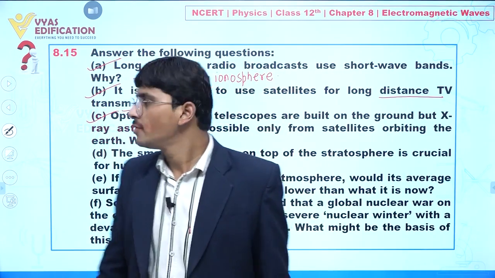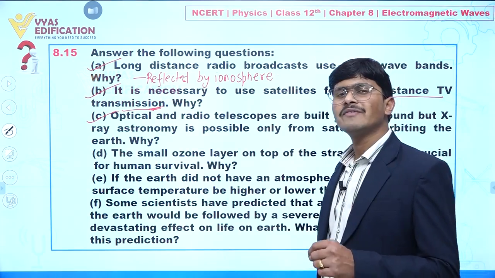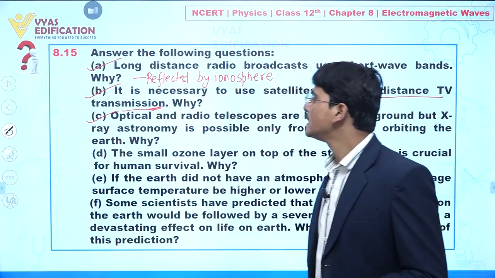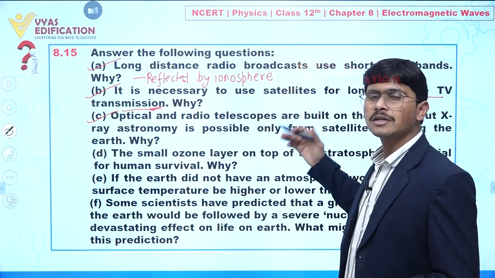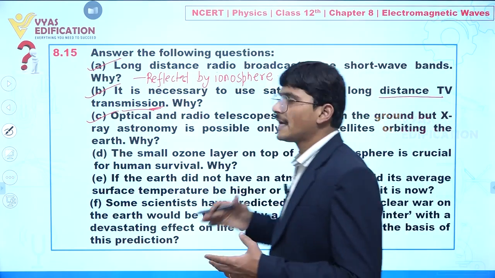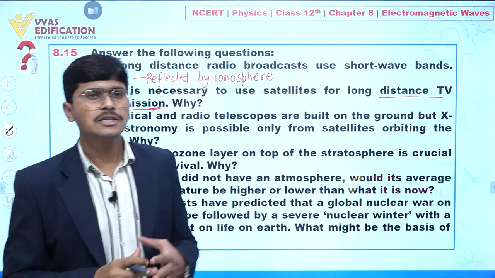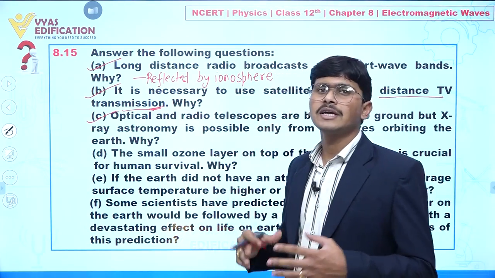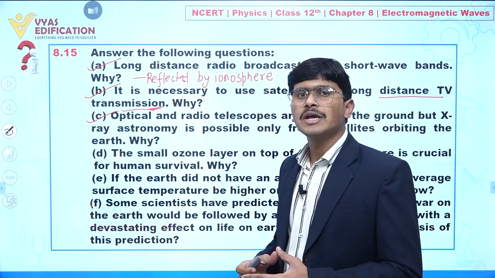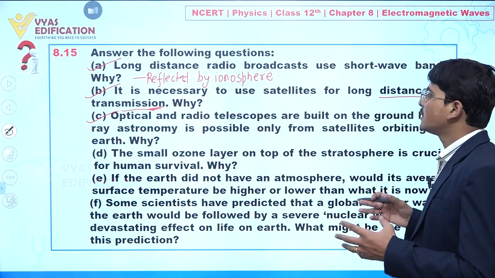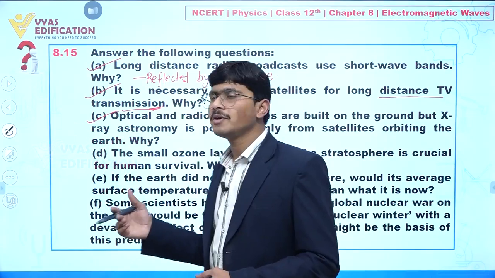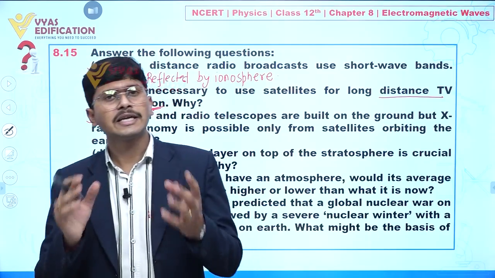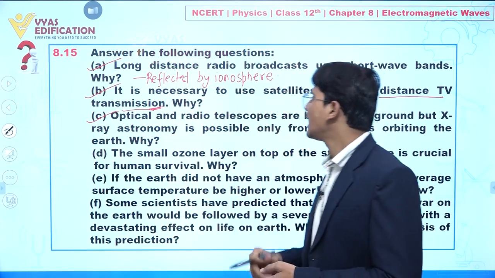Actually, if we are talking about radio and optical telescopes, their wavelength is very small, so they can easily penetrate the ionosphere, clear, in our atmosphere. But what about X-rays? X-ray radiation is absorbed by our atmosphere, clear, so their range is restricted. That's why we utilize X-ray astronomy only from satellite, clear. So we set up all the things on a satellite, and from there we utilize X-ray astronomy,